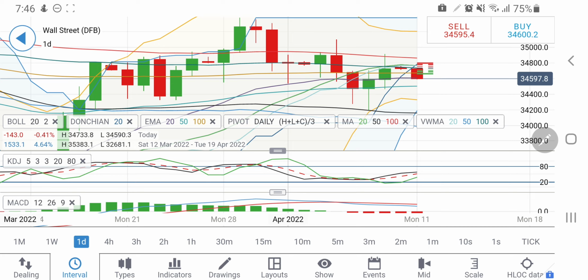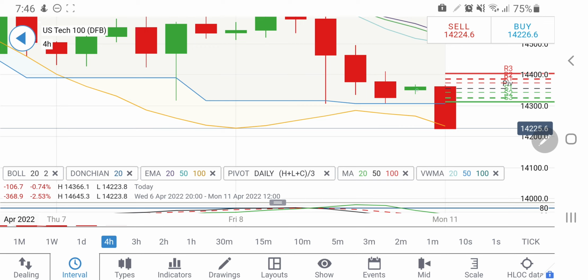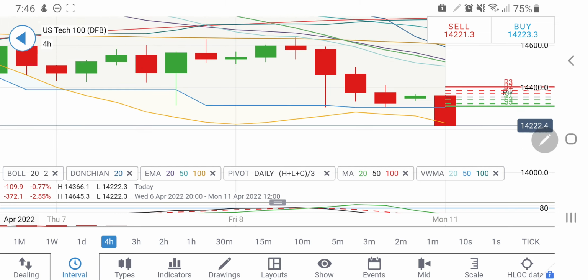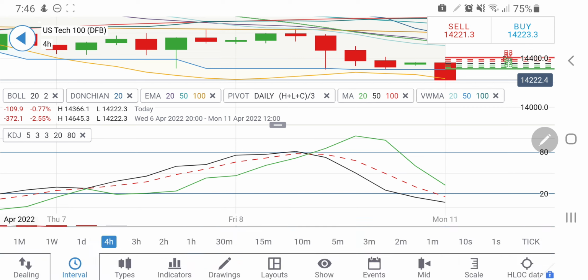Let's have a look at US100. See, US100 too is trading with a sharper drop from 14,380 to 14,220. It has shown a sharp correction, a sharp strong red candle. The support here at 14,300 is taken, and now it is trading with a bearish bias. But yes, it is still oversold, and the only long entry is above 14,400, that is for sure.